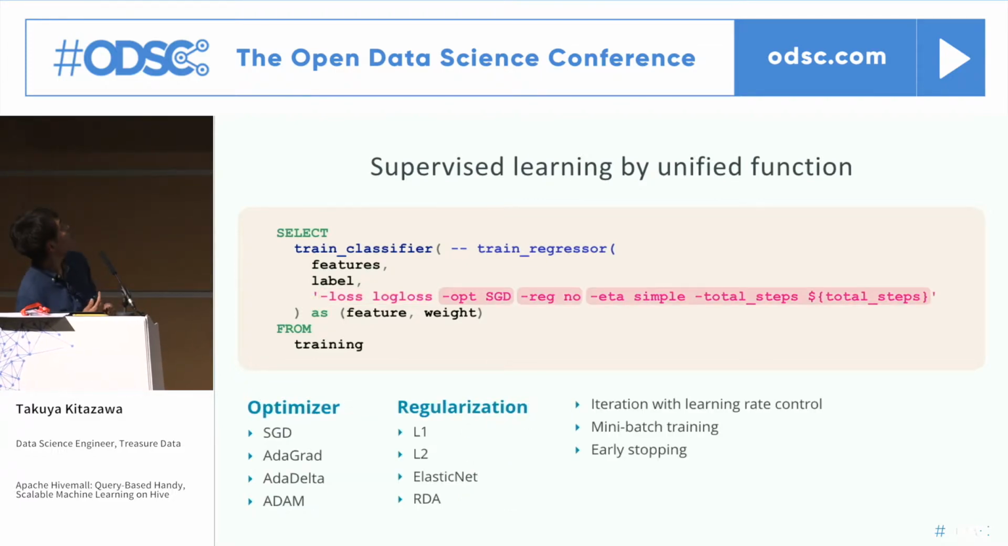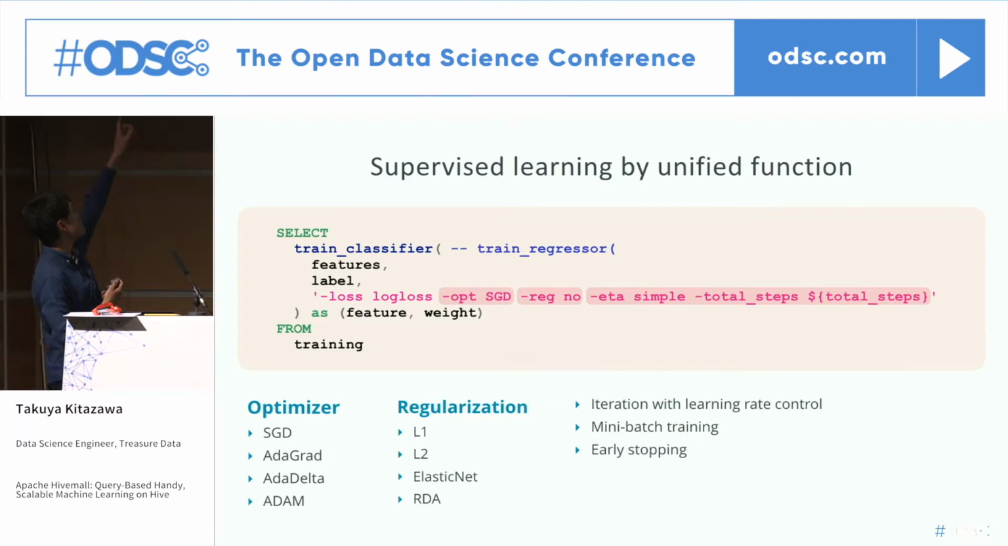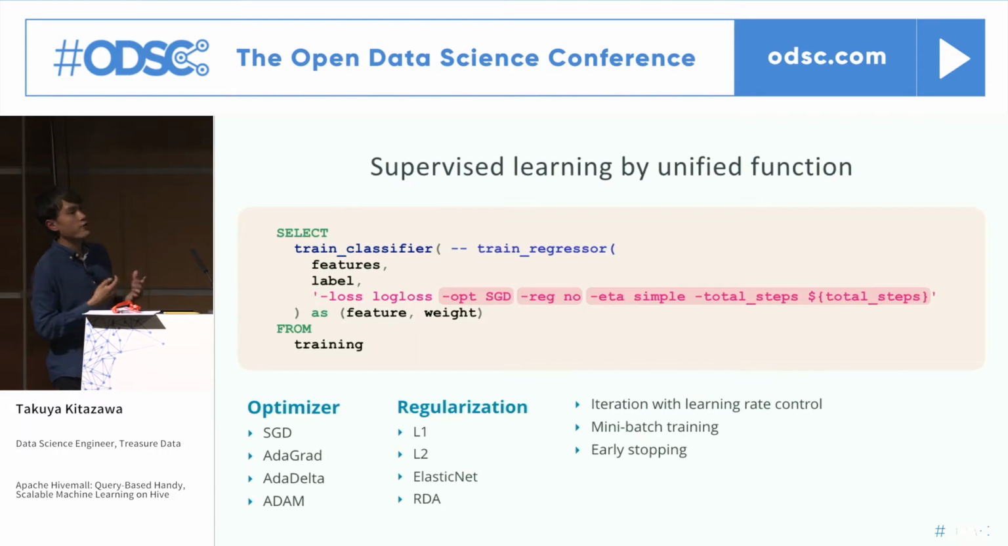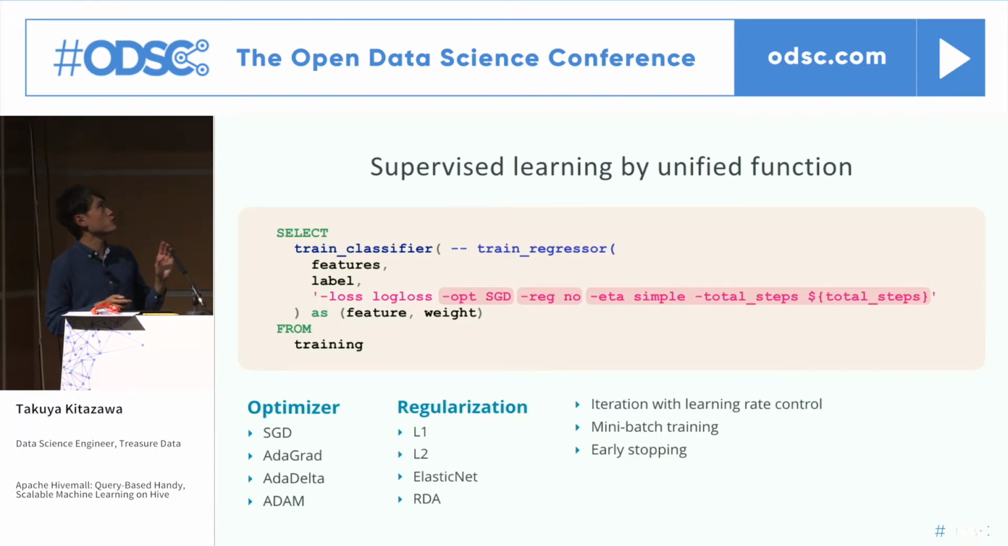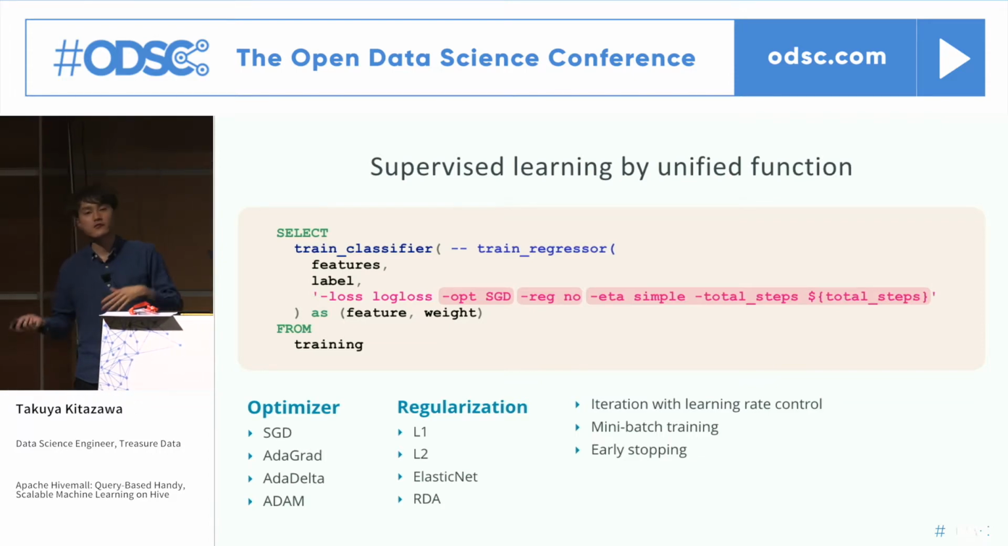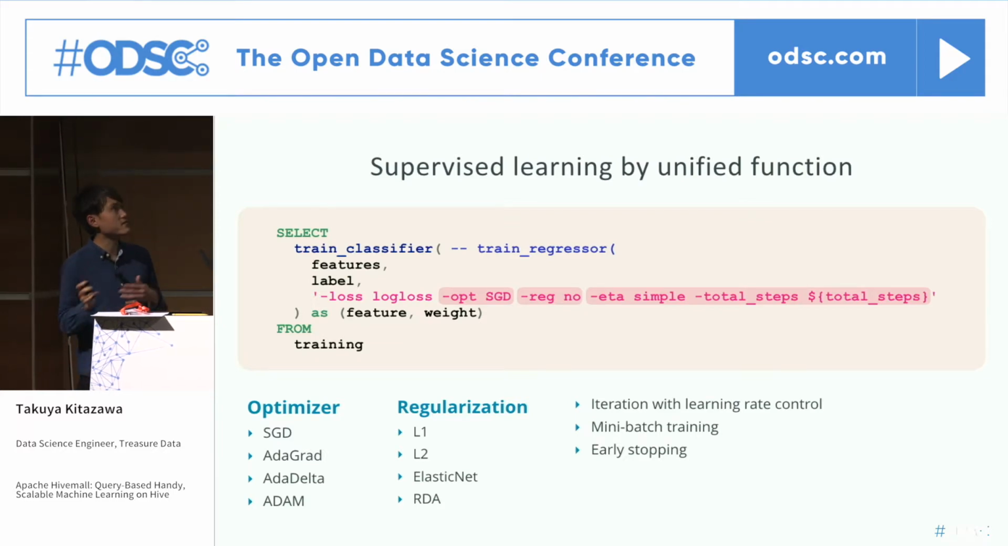And the following parameters let you choose the optimization scheme. We do have the SGD option, but if you want, you can use AdaGrad, AdaDelta, or Adam. Or for the regularization, you can choose one of L1 regularization, L2 regularization, elastic net, or RDA. Or some more advanced options,